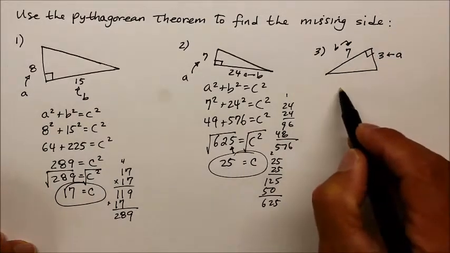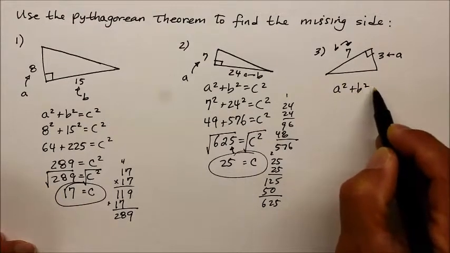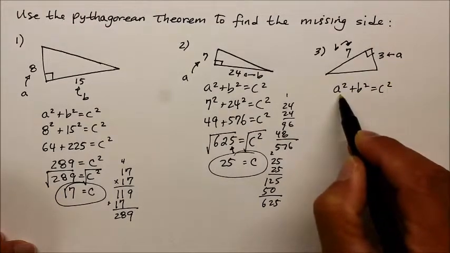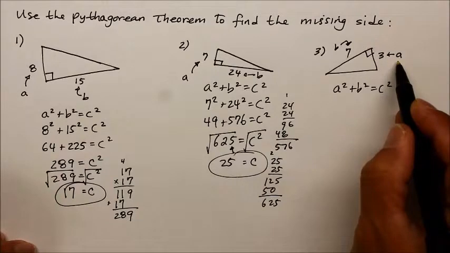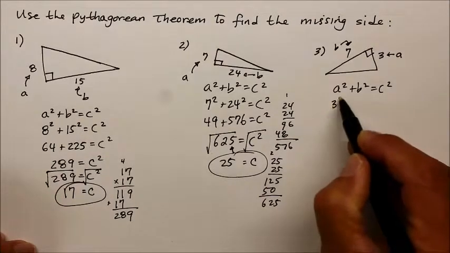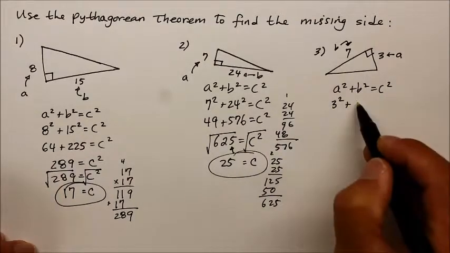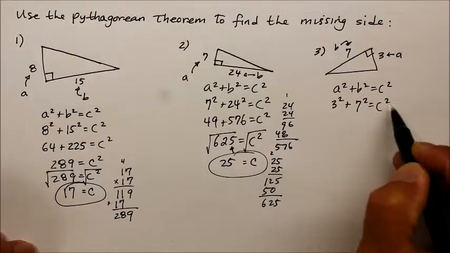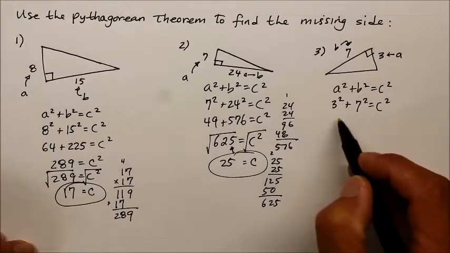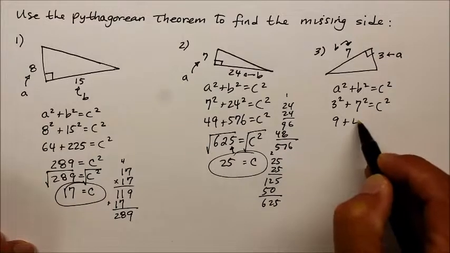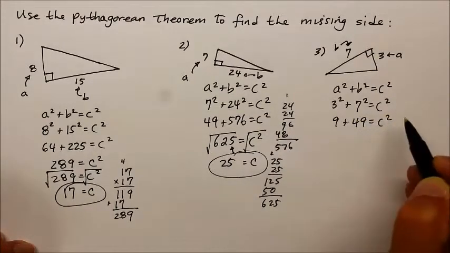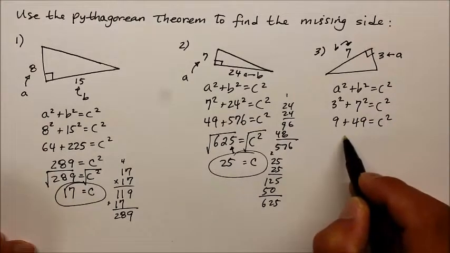So we're looking for the c. Once again, a squared plus b squared equals c squared. A squared, we are calling it 3, so that's 3 squared, plus b is now 7 squared. We're going to look for the c squared. So 3 squared is 9, 7 squared is 49, equals c squared. Add them two, I get